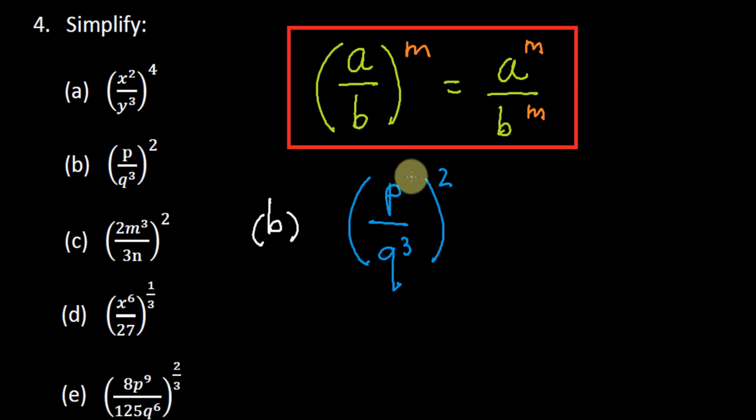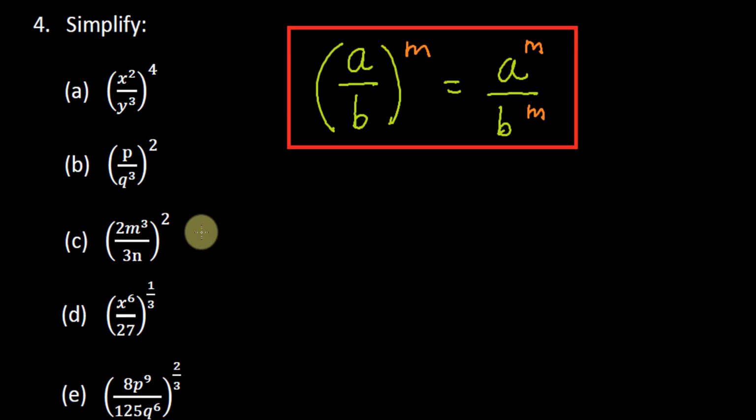What's important to note here is that the P has a power of 1 that we don't write. Then applying this exponential law, we can apply the power of 2 to both the numerator and the denominator. So it's going to be P to the power of 1 times 2, so P squared, over Q to the power of 3 times 2, so Q to the power of 6. Going on to C,